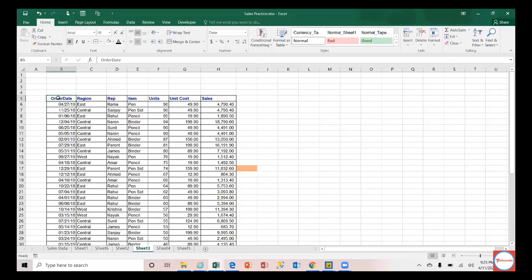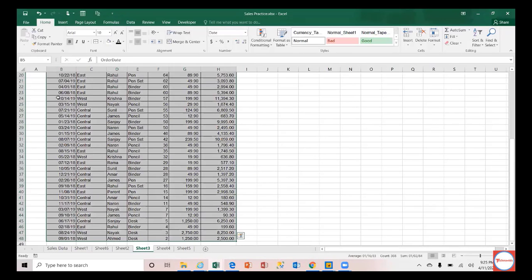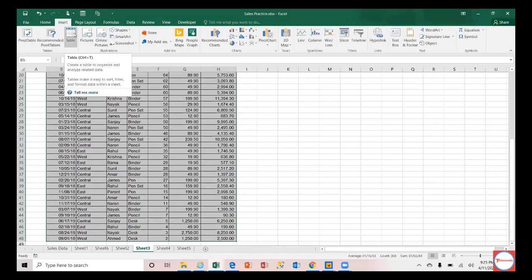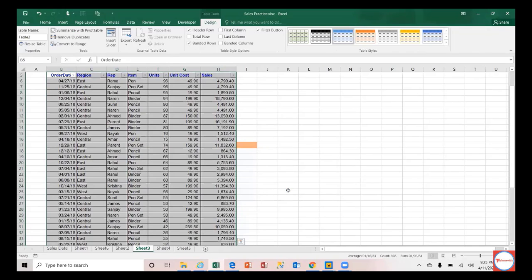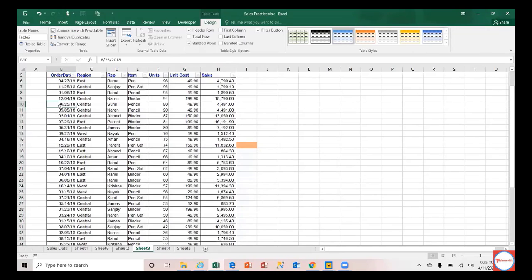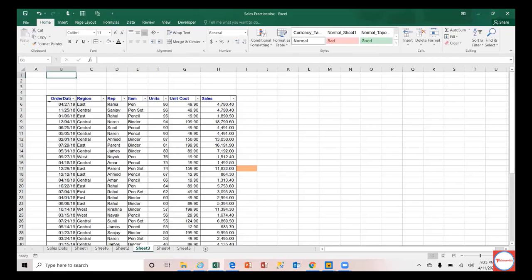Similarly, whenever you create a table, it gives a name to that table. A table is this one. If you don't know, go to file, home, then the insert tab is there. You can insert a table. Those who are technical will be able to relate easily to a table, but this is an Excel table. So as soon as I do this, a table gets added to the Excel.